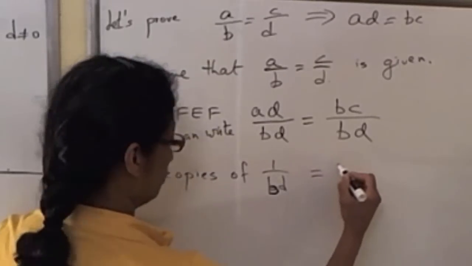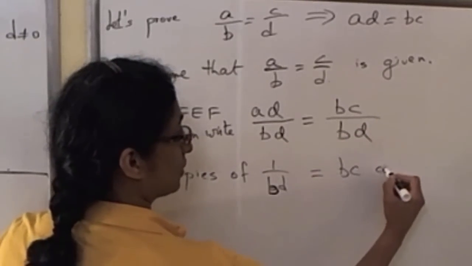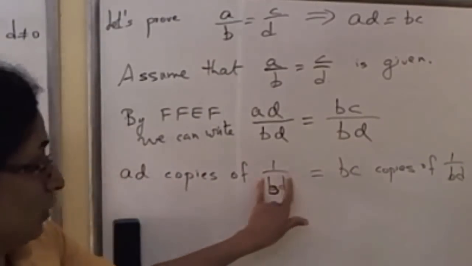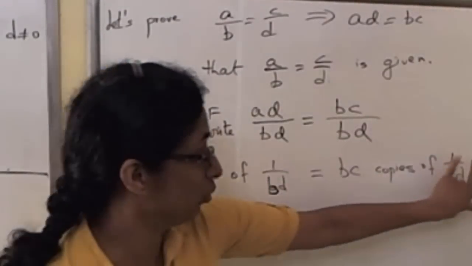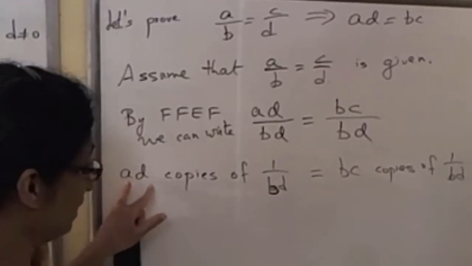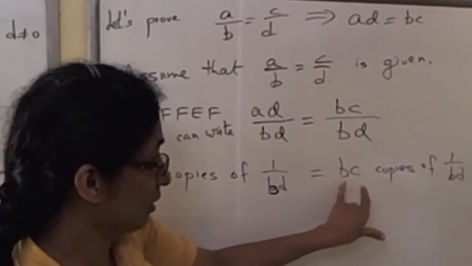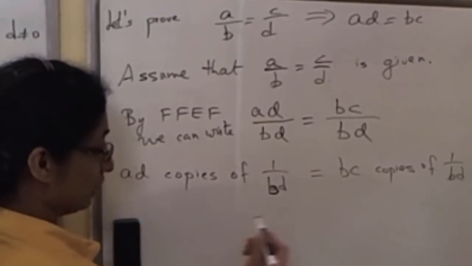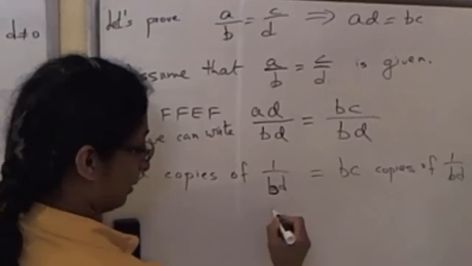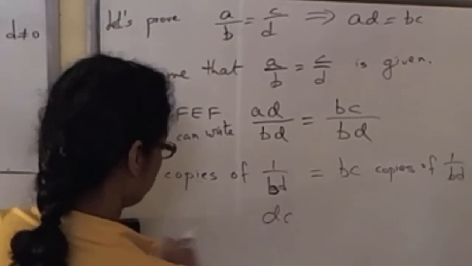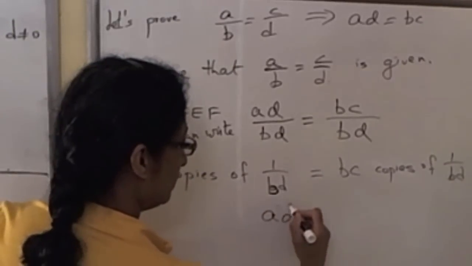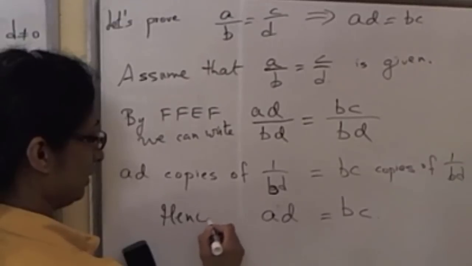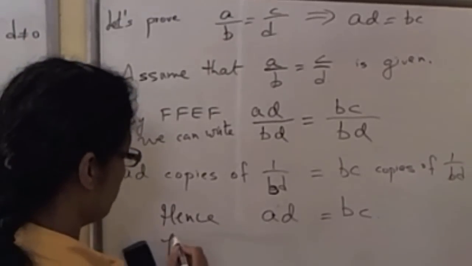That is equal to BC copies of 1 over BD. So notice we are looking at the same thing, 1 over BD, 1 over BD. And we are saying AD number of copies of that same thing is the same as BC copies of that exact same thing. From this, we can conclude that AD equals BC. Hence, AD equals BC. And so this proves